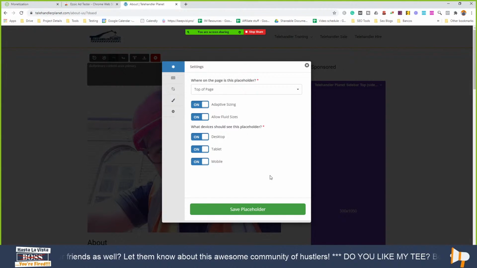And then we also have a feature called AI placeholders. It's not for every placeholder. It's something that you can turn on and off in your ad tester app that we were in earlier. And it only works on mobile, but it'll automatically place these placeholders where it thinks it would be the best. Cool. So let's go ahead and add this placeholder.